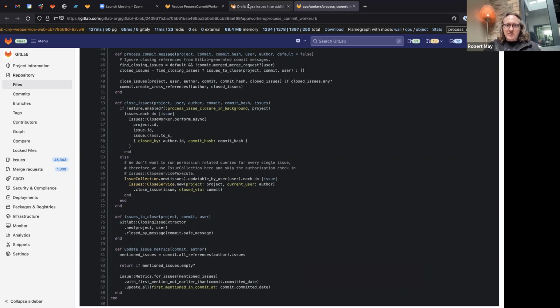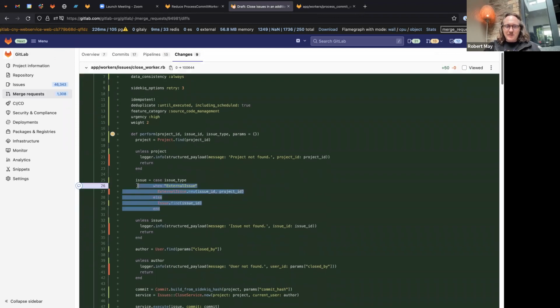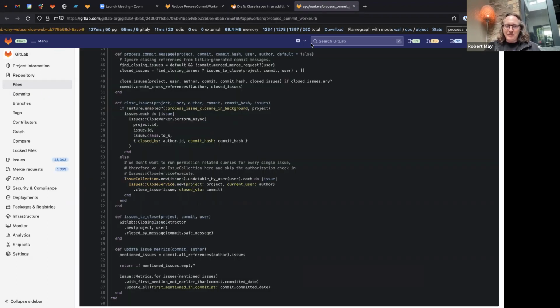So you're about to see some really nasty writing in the worker where it just does it with a conditional because I couldn't figure out a better way of doing it. And it feels really rubbish. It actually passes the class name through